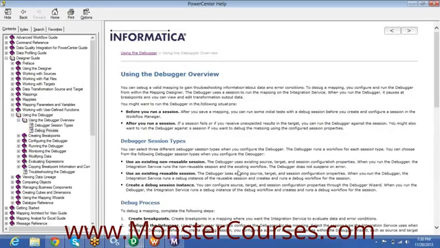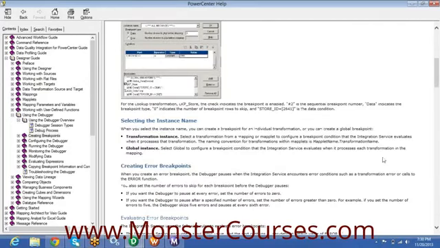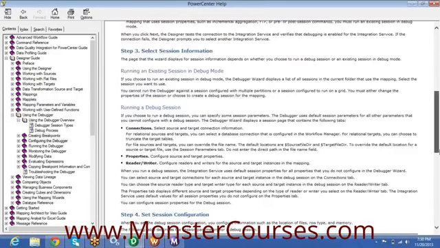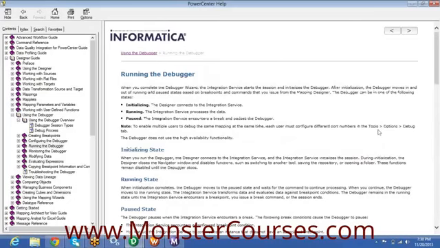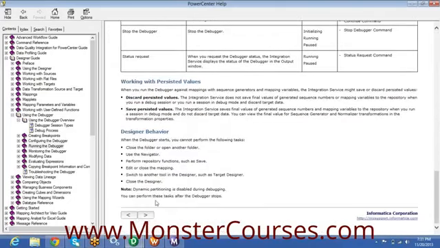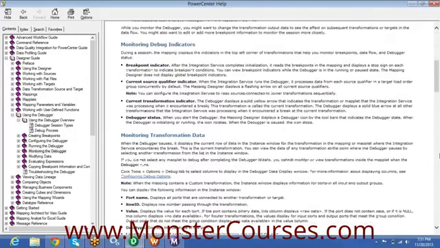If you go through the help, you can start the debugger and then click next instance and so on. You will understand. It's just trial and error. If you do it once or twice, then you can understand. One more problem with the debugger is that if you have a huge number of records, you need to keep clicking next for each and every record. So you can use the debugger only if you have a couple of records, or 10 records, in a source.